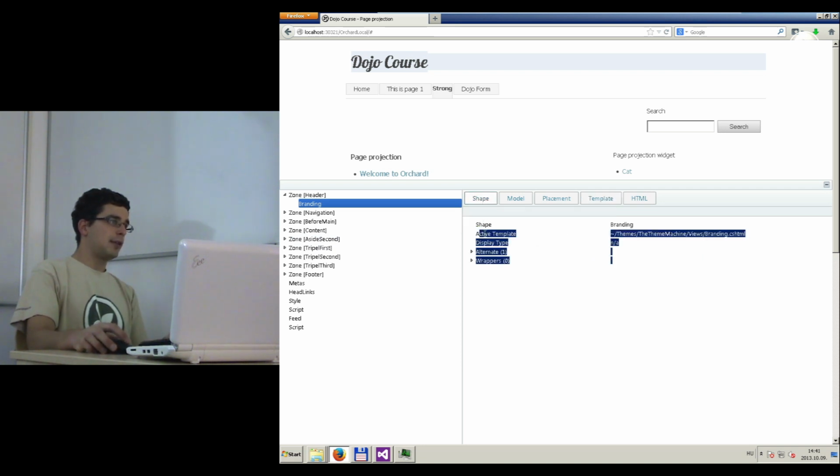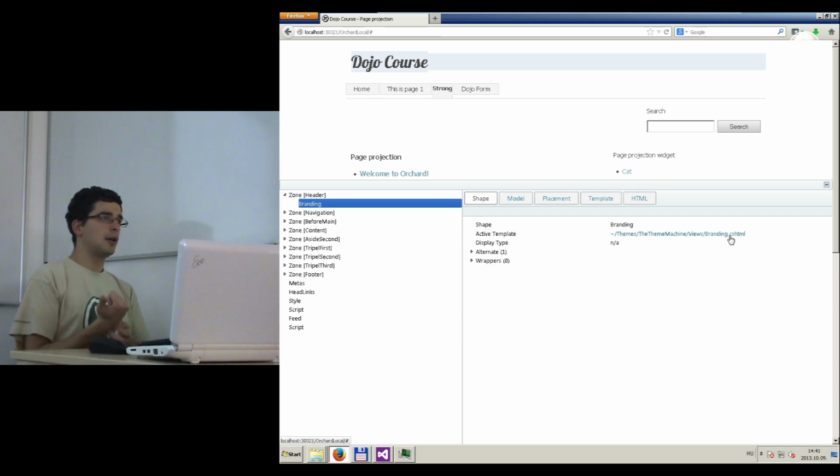So as we have seen, the active template is this branding here. But what should we do if we want to change how this branding is built up? We want to change the HTML for some reason. Now we could go there and open up this template and modify it. But this would be bad, because then we would modify something that's bundled inside Orchard. We would modify Orchard itself. And it's bad because with upgrades, this modification should be reapplied all the time, and it would be very messy. So what Orchard provides us is